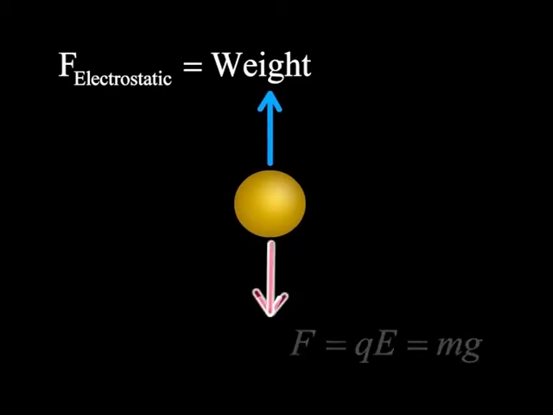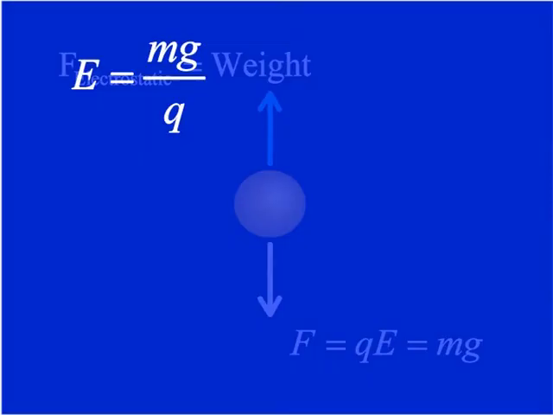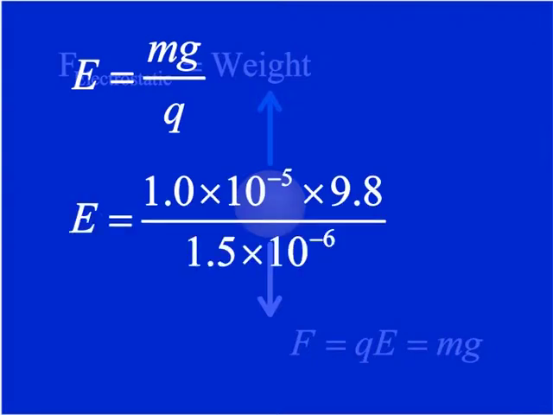That is, F is equal to Q into E, or F is equal to mg. Hence, E would be equal to mg upon Q, that is 1 into 10 raised to the power minus 5 into 9.8 upon 1.50 into 10 raised to the power minus 6, which is equal to 98 upon 1.5, that is